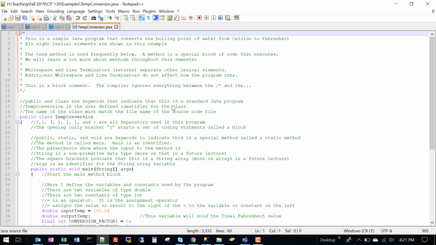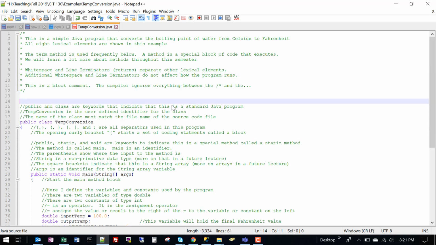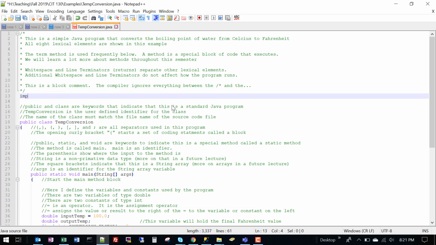The first thing that we're going to add to this program is something new. We're going to begin with a new kind of statement called an import statement. The import statement allows us to access classes from the API library in Java. This is a topic we'll be talking about more throughout the course of this semester, but for today, just understand